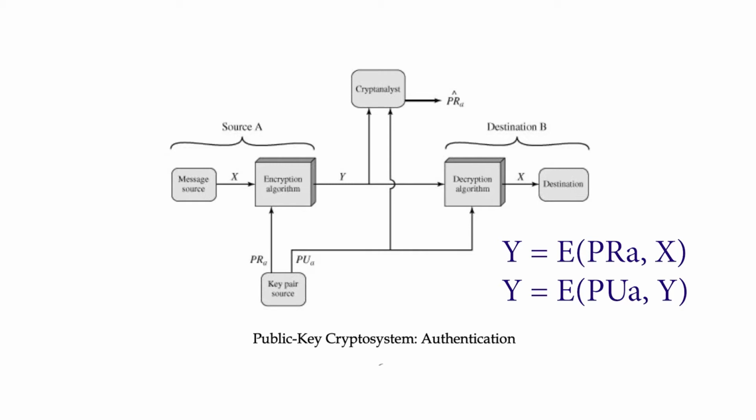Therefore, the entire encrypted message serves as a digital signature. In addition, it is impossible to alter the message without access to A's private key. So, the message is authenticated both in terms of source and in terms of data integrity. In the preceding scheme, the entire message is encrypted, which although validating both author and contents requires a great deal